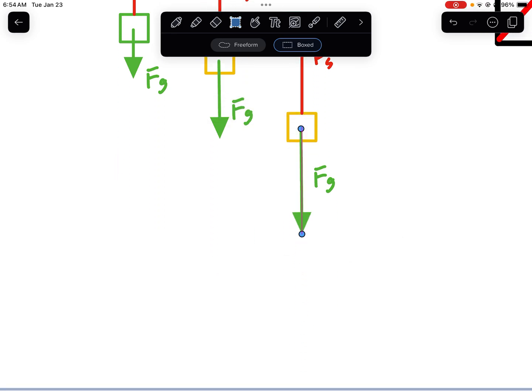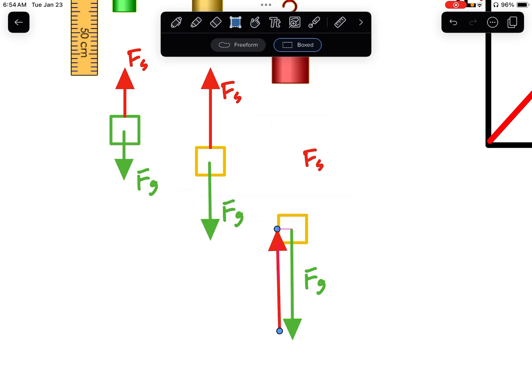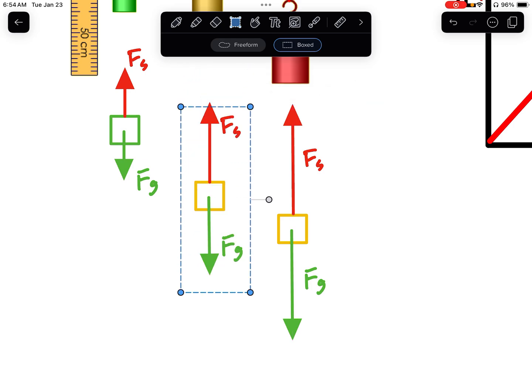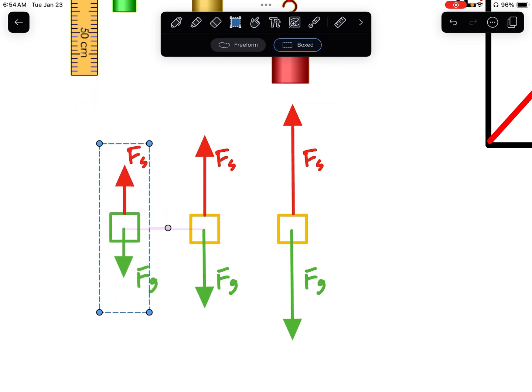Whoa, a lot more. So we need a little bit more force to balance it out. Where's that force going to come from? It's got to come from the spring. Okay, so these would just be our free body diagrams